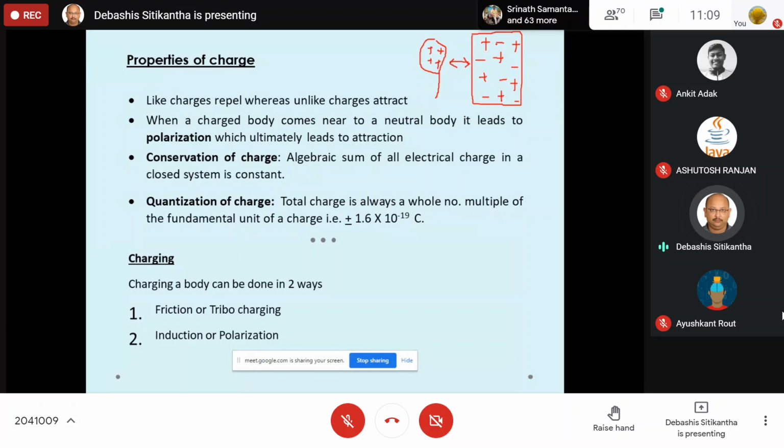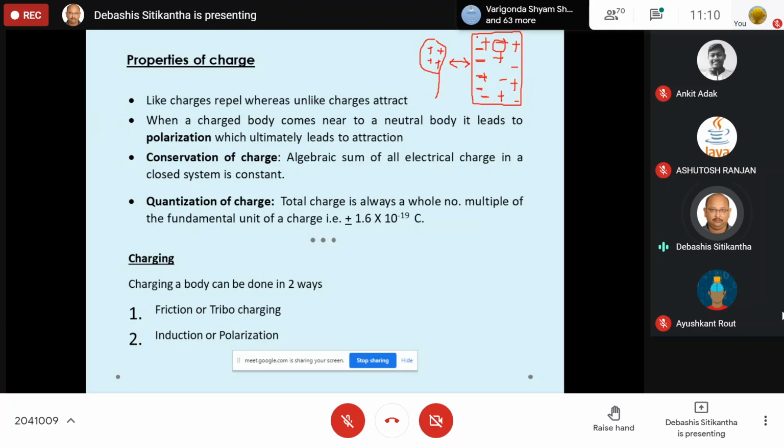What is going to happen? These negative charges, which are distributed randomly throughout the wall, are going to align themselves along the surface of the wall. That means these electrons, as they are lighter in weight and present in the outermost orbit of the atom, will move towards the surface of the wall. In this way, these electrons are sometimes also known as surface free charges.